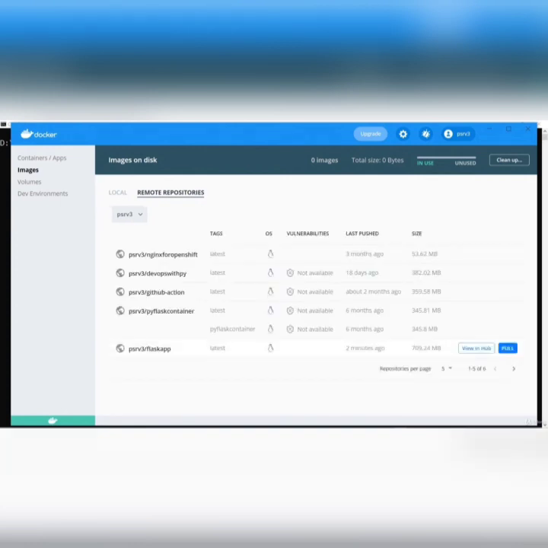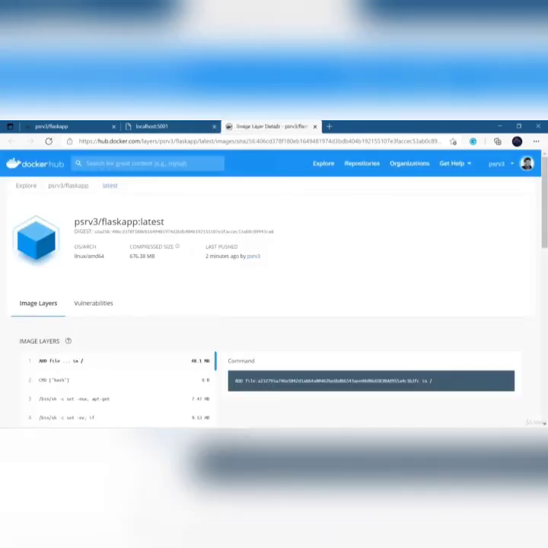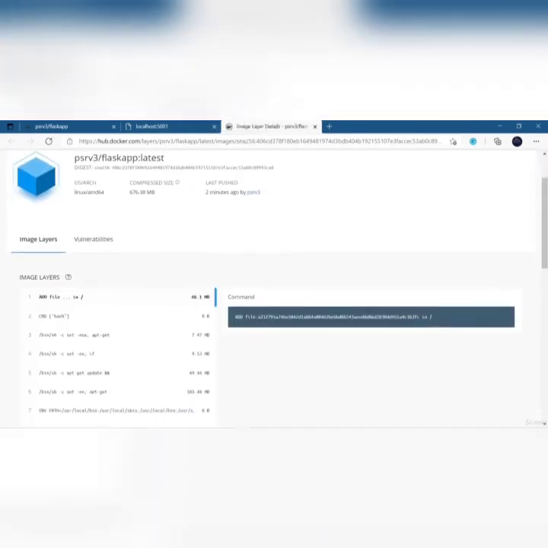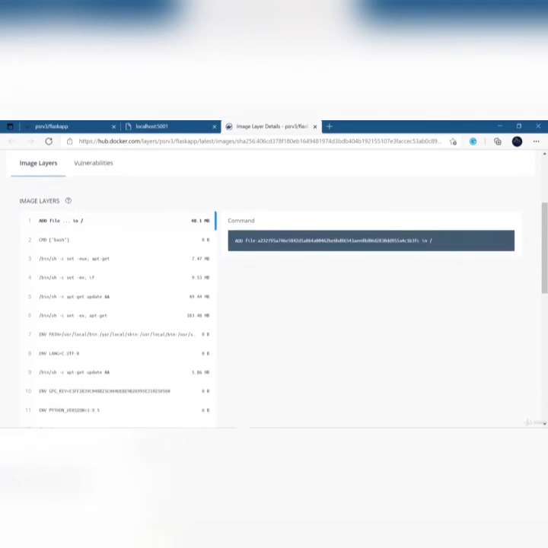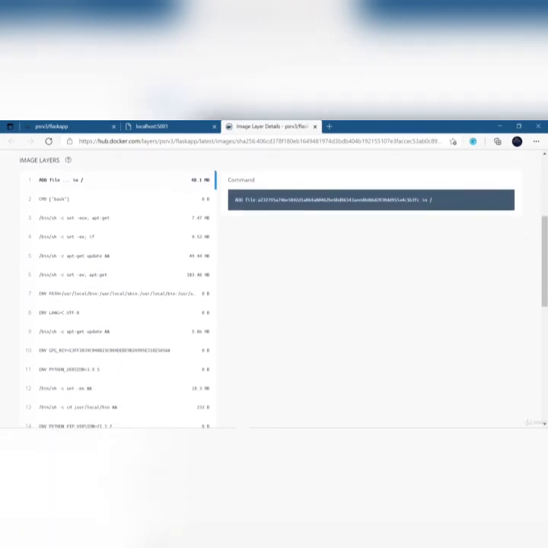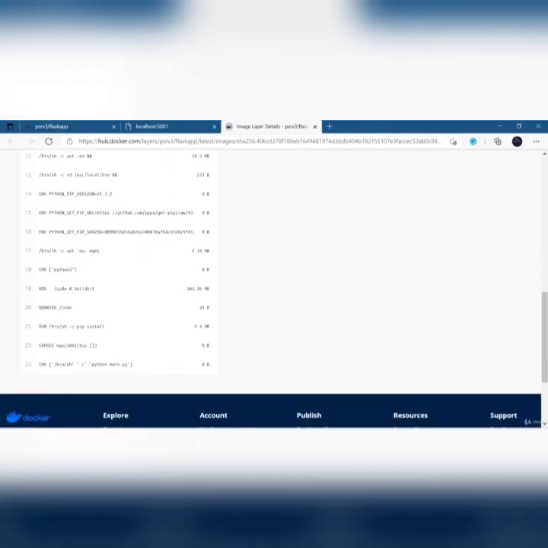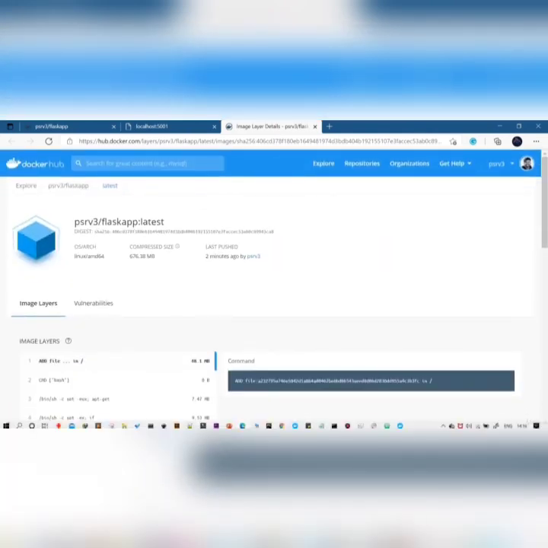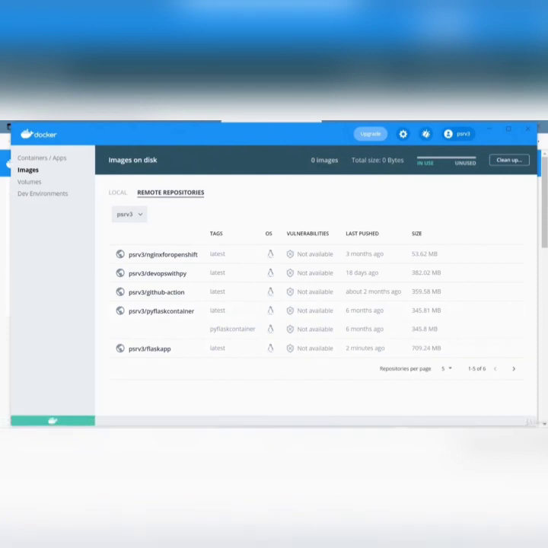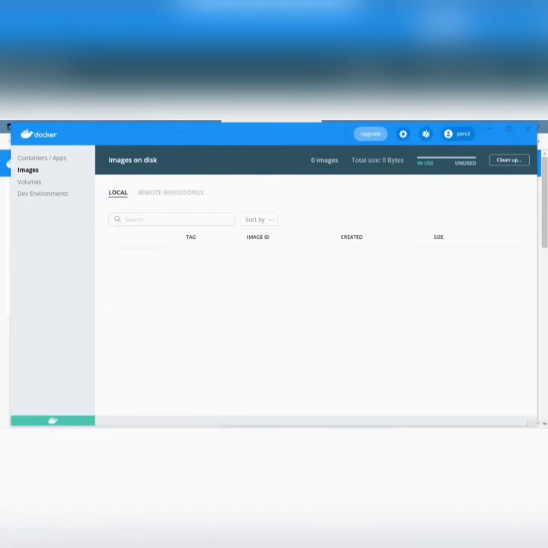Now let me show you some more things. Here you can see that it is tagged to our online repository. Here you can find the image layers. There are multiple image layers, and each layer has its role, like installing something, then adding the files, and so on.